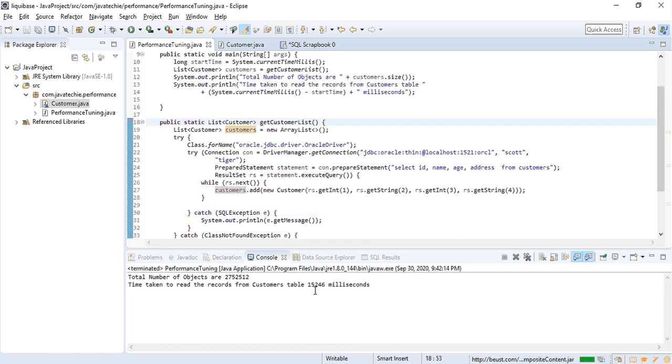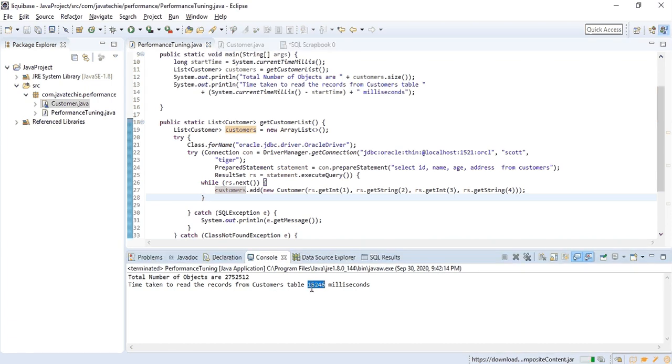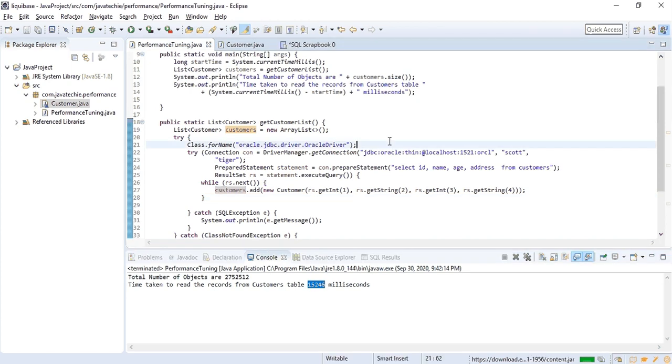Now it has taken 15 seconds, but this is like a single process that basically runs, and that's the reason we are able to get the result in 15 seconds. Let us consider real time, where you have concurrency and other threads running on the same JVM. Then reading these millions of records is going to take a really long time, which indirectly impacts the performance of your select queries.